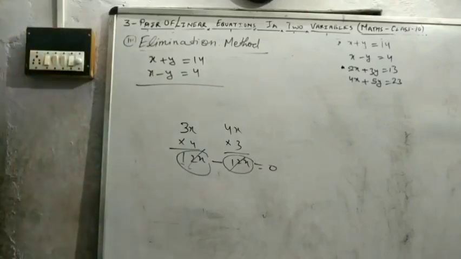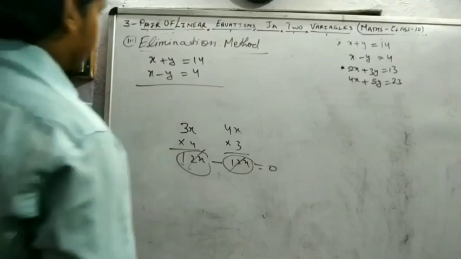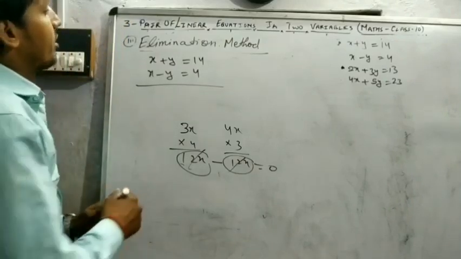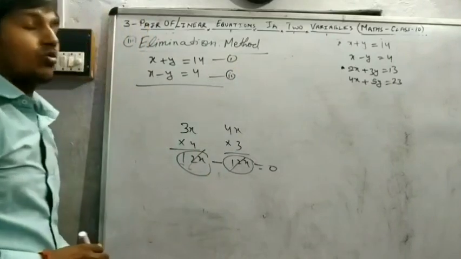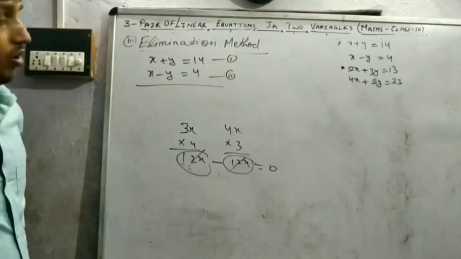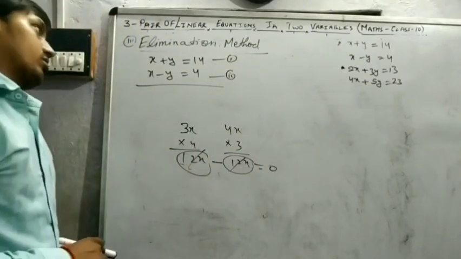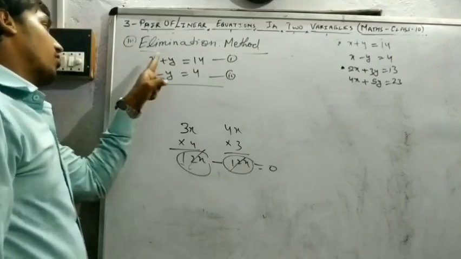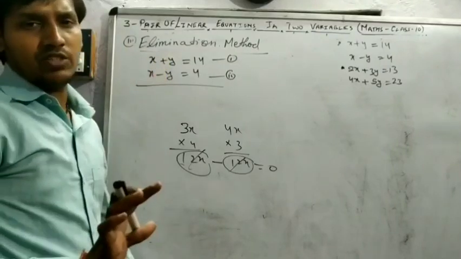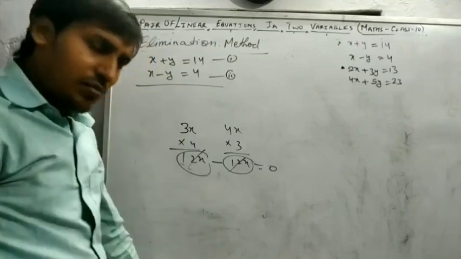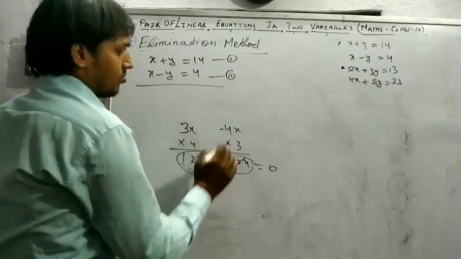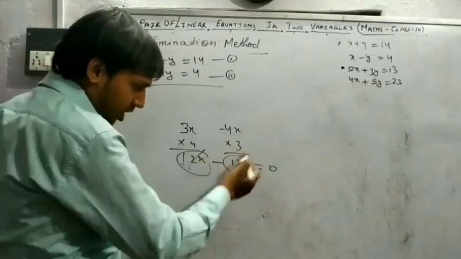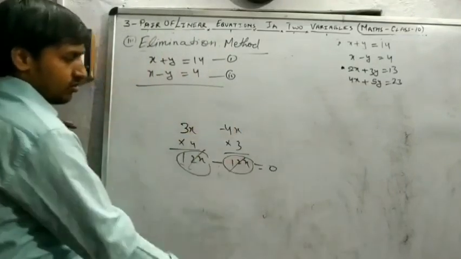Here, so in this equation, there is no need to equalize any variables. Both variable coefficients are equal. X coefficient 1, 1, y coefficient 1, 1. We don't care about the sign. Same sign, subtract them. If the signs are opposite, so already minus, cancel out, add it.